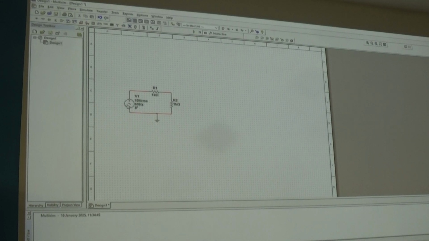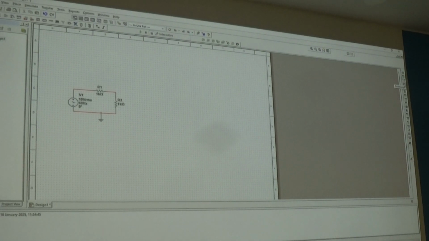So let's do that. Let's do exactly the same experiment that we did earlier, but instead of using a multimeter, and right over on the right hand side now, let's use an oscilloscope. Okay, so we're going into big boys and girls territory now. So we put the oscilloscope on the screen, and you can see it's got A channel, B channel, and external trigger. We're not going to use the external trigger for these purposes, and we're going to wire that up just like we did the multimeter, just like before. Okay, so we're injecting 10 volts RMS,